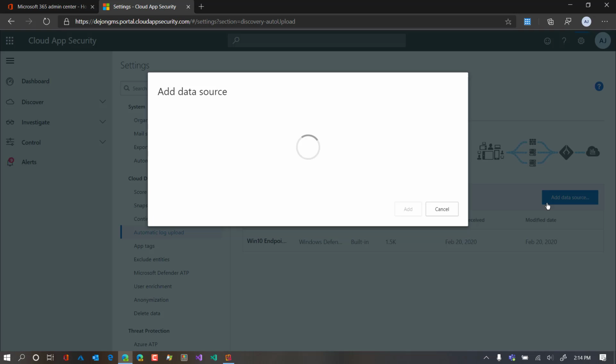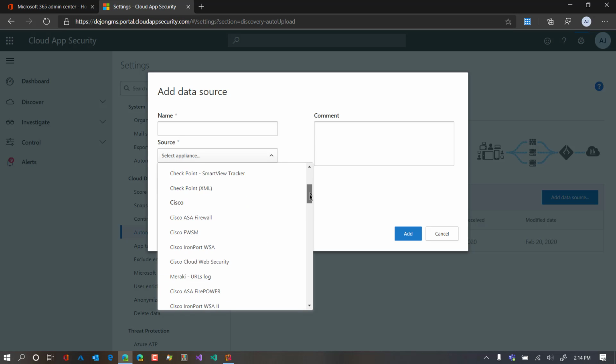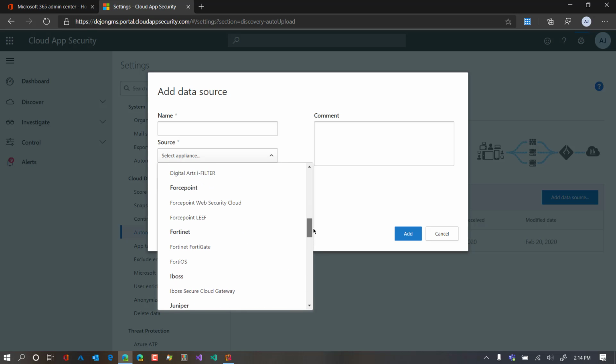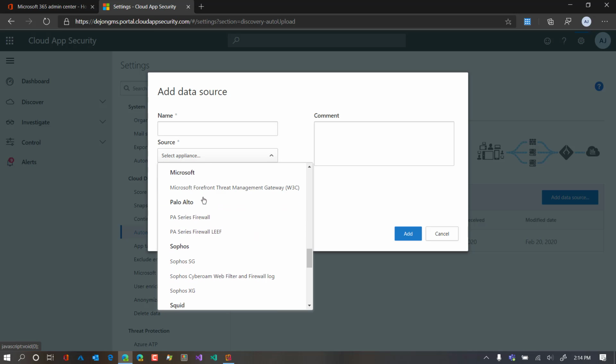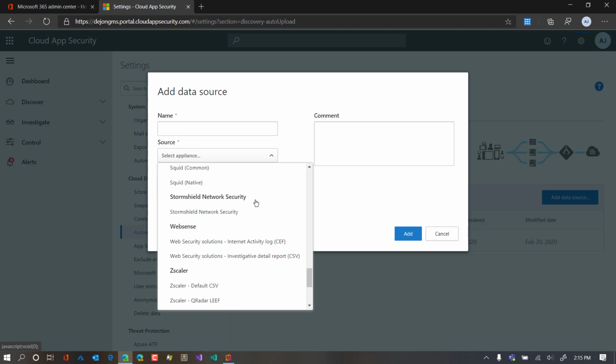Now you can add data sources by, for example, selecting different appliances that are already pre-built into the environment. So, for example, if you're using Fortinet hardware or Juniper or McAfee software or hardware, or for example the Microsoft Forefront Threat Management Gateway, kind of an old little thing, but still, you could be sending that log data into